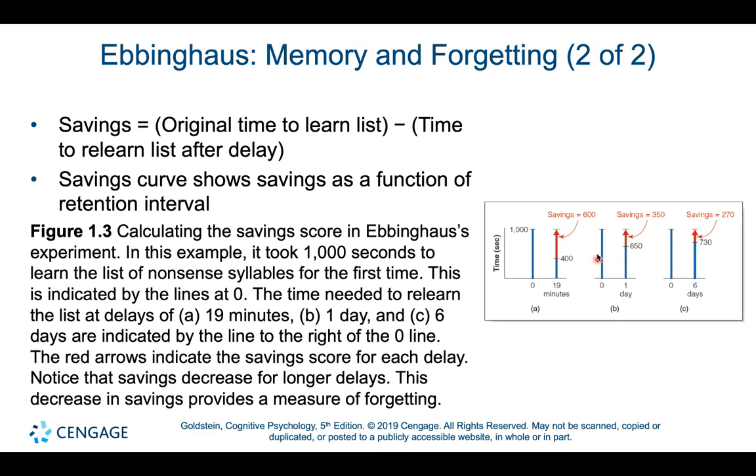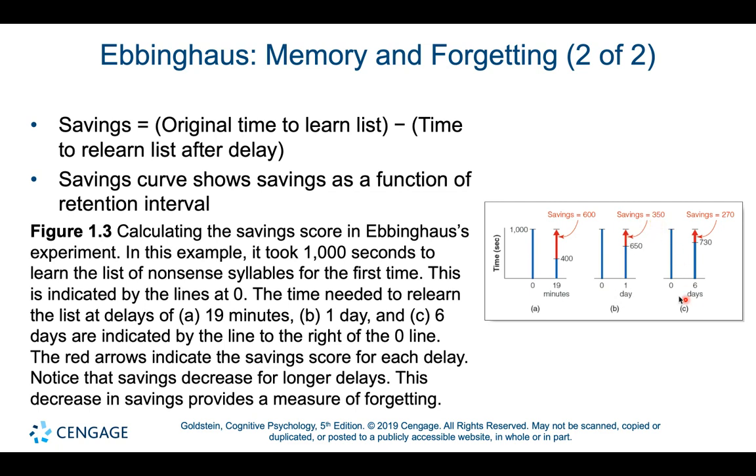He learns the list the first time, and it takes him 1,000 seconds. He waits a whole day. He comes back the next day, and this time it takes him 650 seconds to relearn the list, right? It takes him longer than the 19-minute delay. So something degraded, right? Memory was worse after 1 day than after 19 minutes, because it now took him 650 seconds to relearn the list, meaning the original learning on an interval of 1 day only has a savings of